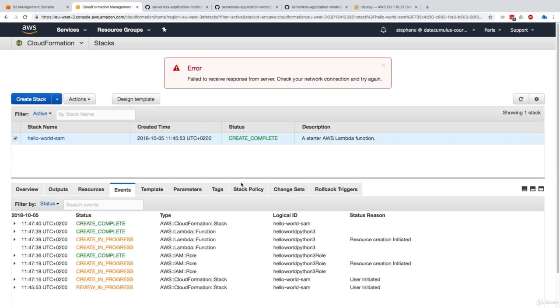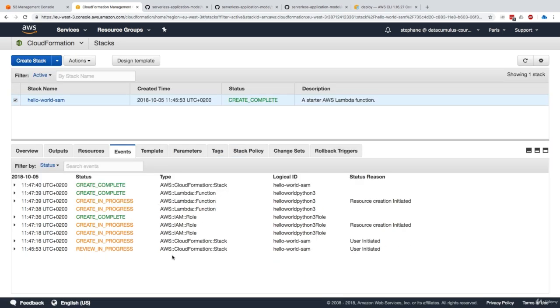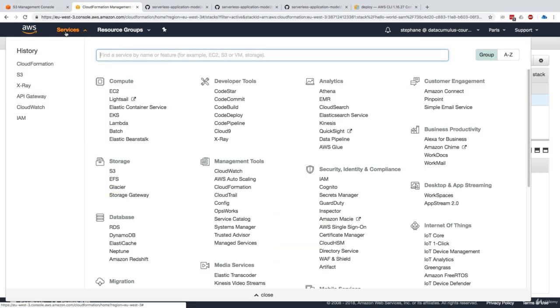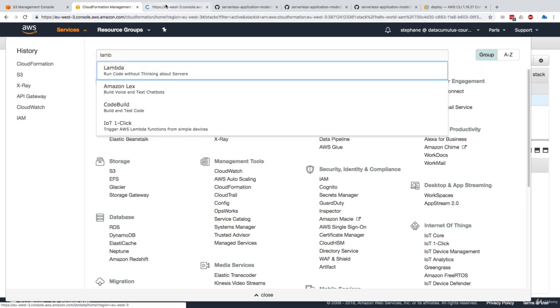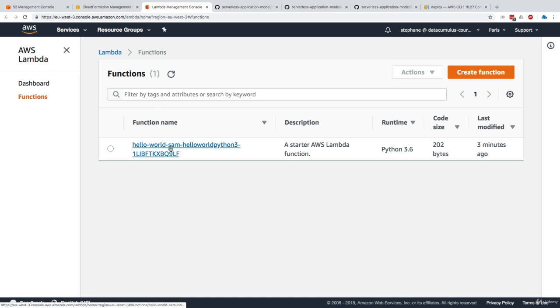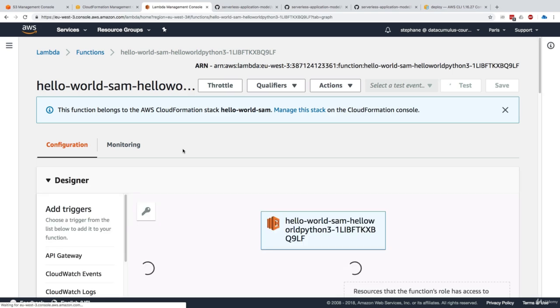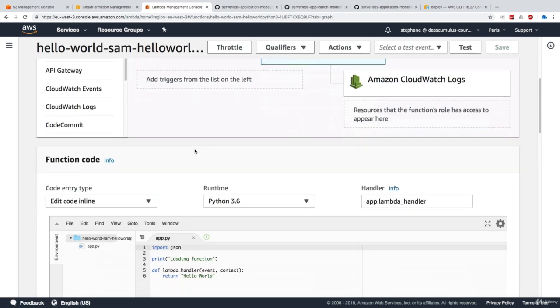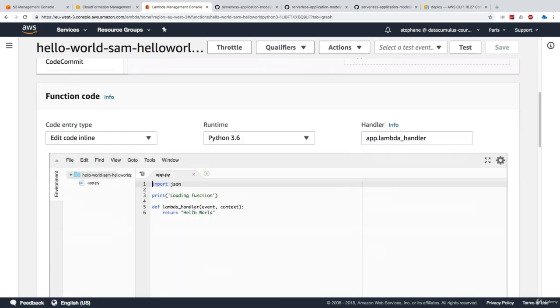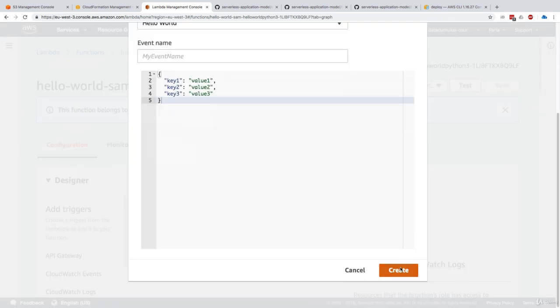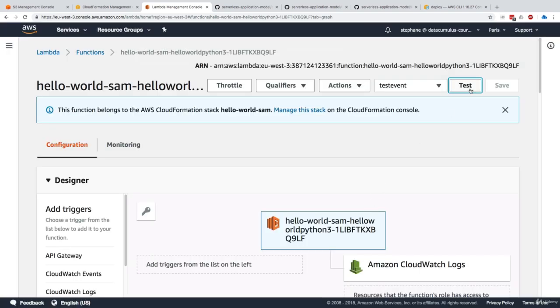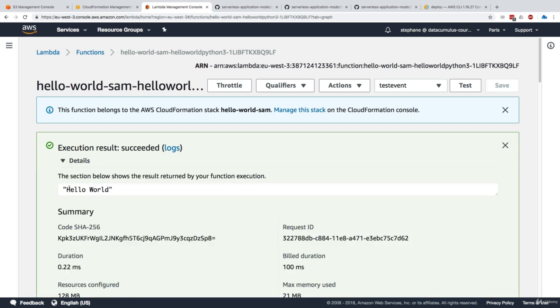We could look at the events to see what happened over time. So now if we go to Lambda, and we'll just type Lambda right here, we should be able to see our function that was deployed. Here it is, hello-world-sam, and it is managed by SAM, and we get a generated name by CloudFormation. If we look at the function code, as we expect, it is the code we had in our local environment, which is returning this hello world. We could obviously go ahead and test that function, click on create test event, and now click on test, and our function is really invoked and says hello world.